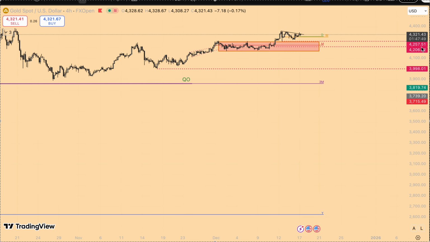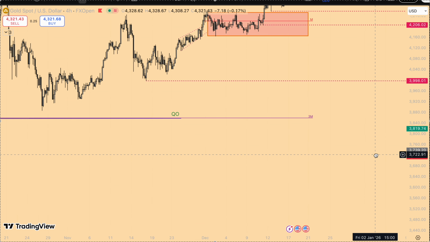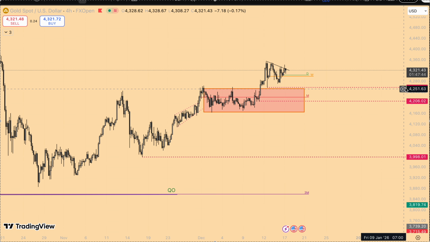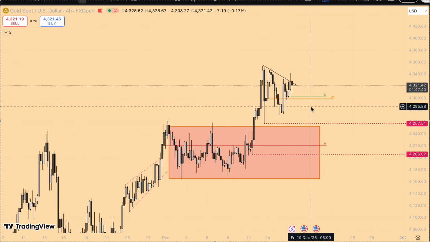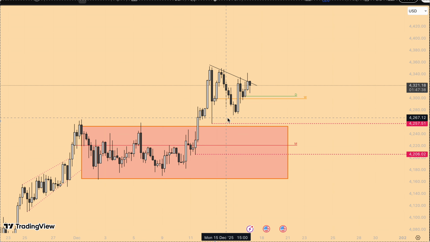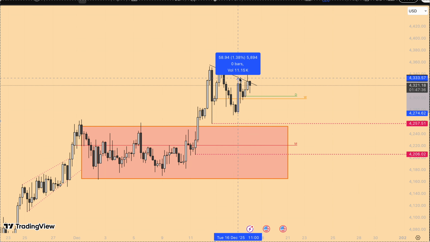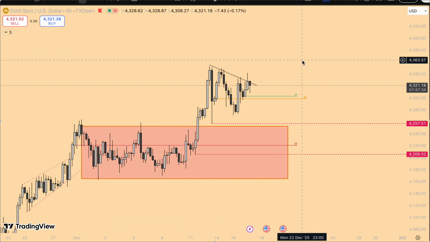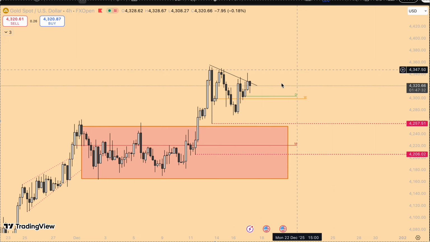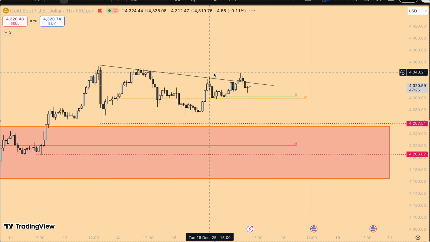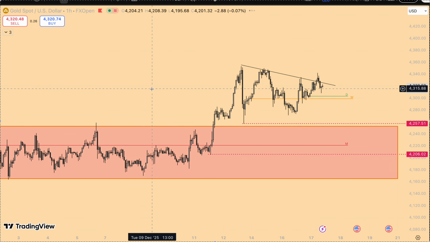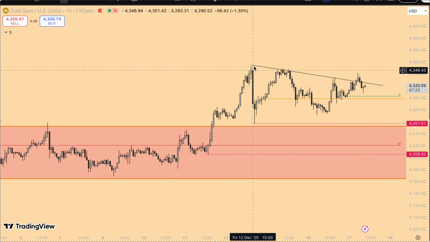With gold, guys, yesterday I think we pushed up about 60 pips or 600 pips, I'm not even sure. Let me measure it. Yeah, about 600 pips yesterday. Honestly, I'm not interested in taking longs from here. I see this area as, guys, there's no liquidity here. There's liquidity resting here.